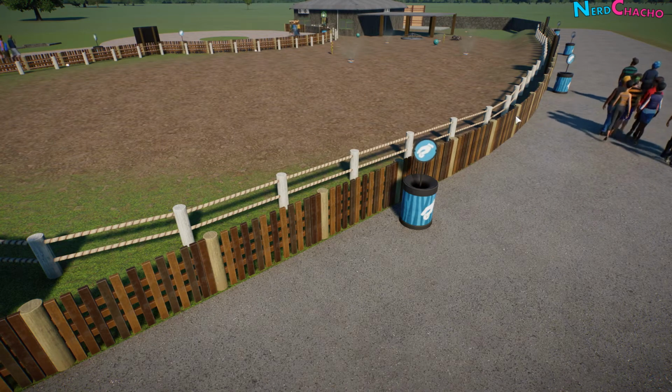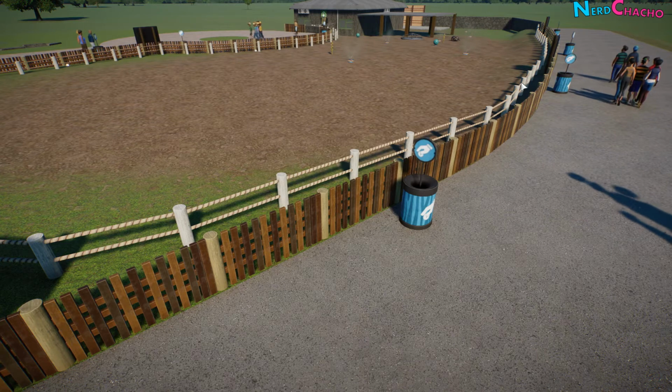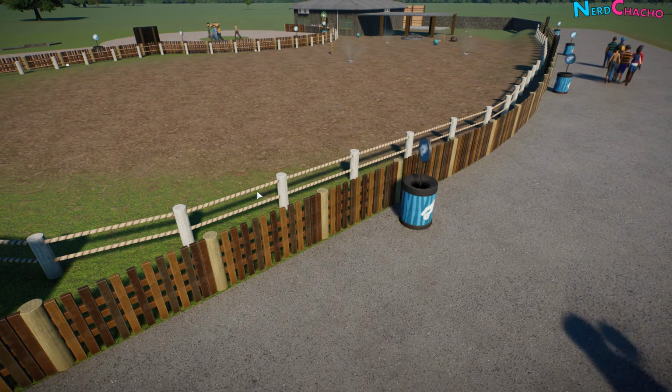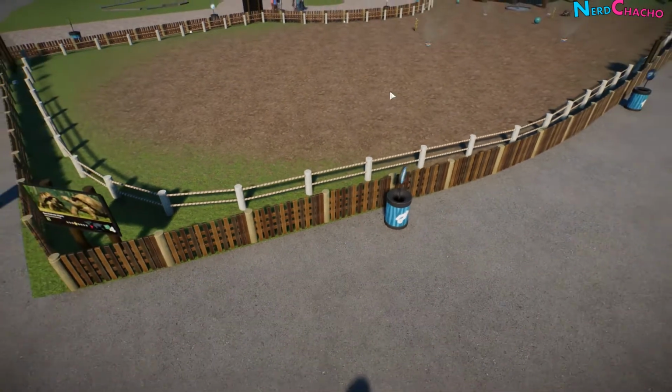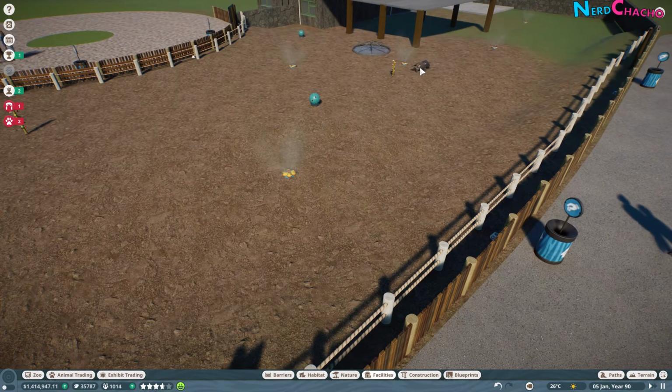So that's why you have these two fences. You have the first perimeter fence, which sort of keeps the guests back, and then you have a second perimeter fence that tends to be some kind of rope or some kind of wood paneling or something, just to keep the tortoises back. And if I show you the traversable area of this one,